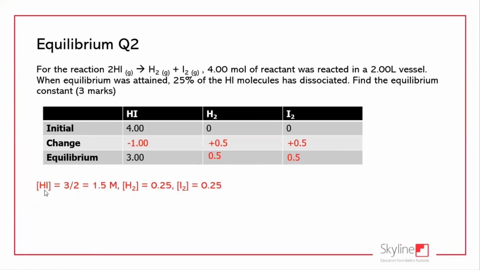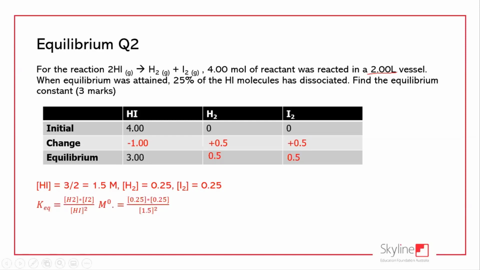So for our concentrations, HI is 3 on 2, so 3 moles in 2 liters, which is 1.5 molar. H2 is 0.25 and I2 is 0.25. The thing you've got to carefully look out for here is the volume of the vessel. All right, therefore we're going to put it into a